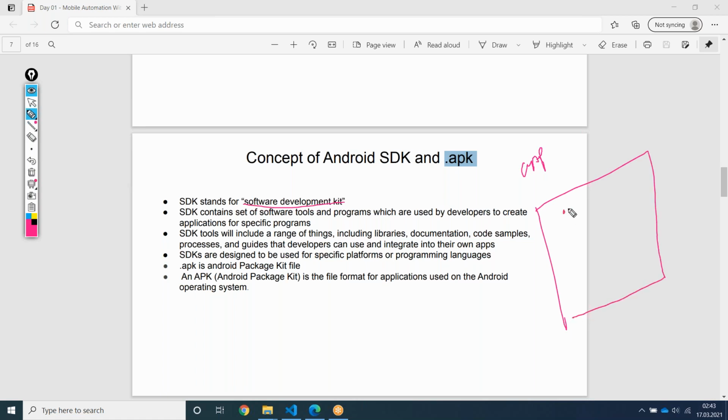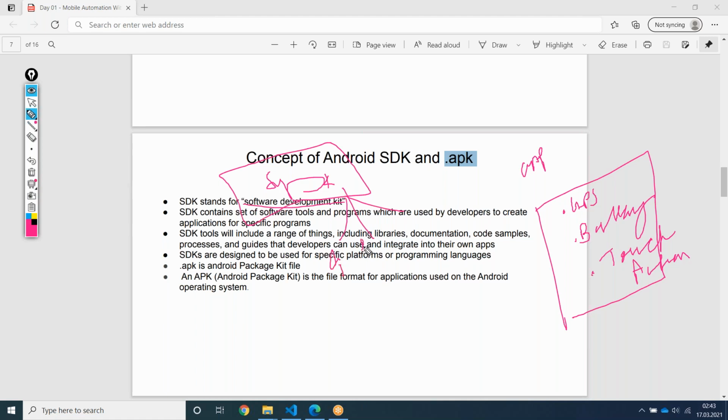One feature is related to GPS location, another feature is related to battery, right? Another feature is available with, for example, a touch screen, touch actions or something like that. So what I have to do, I don't have to write all the programs from scratch. Why? Because I already have the SDK file, and in the Android SDK file there are a lot of libraries,